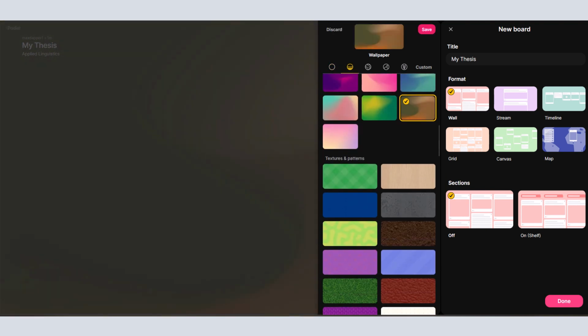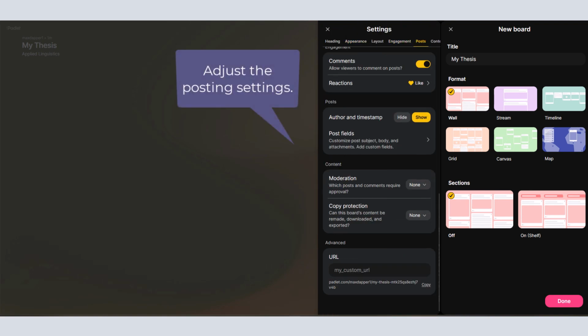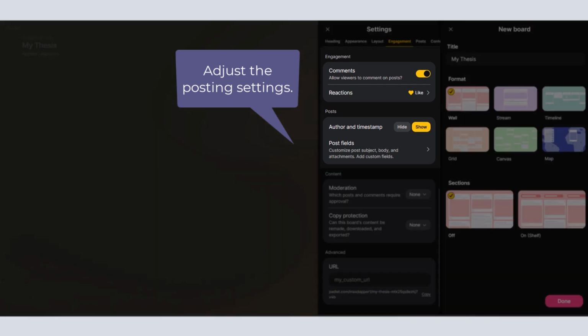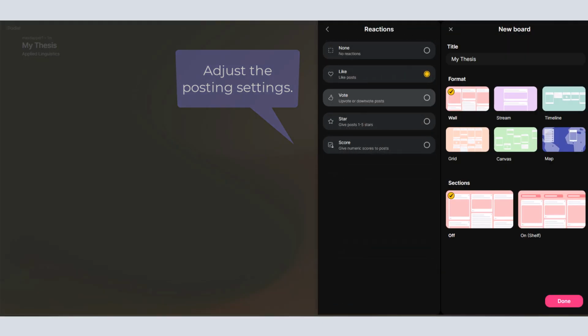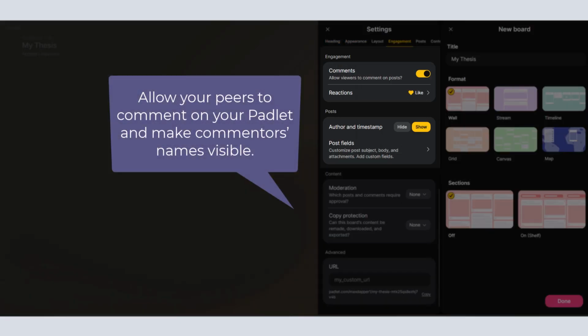For adjusting your post settings, moderation settings or engagement settings, you use the following tabs. You can enable reactions under the Engagement tab. Allow your peers to comment on your Padlet. We also recommend making the commentators' names visible so that you can engage and follow up exchanges with your peers